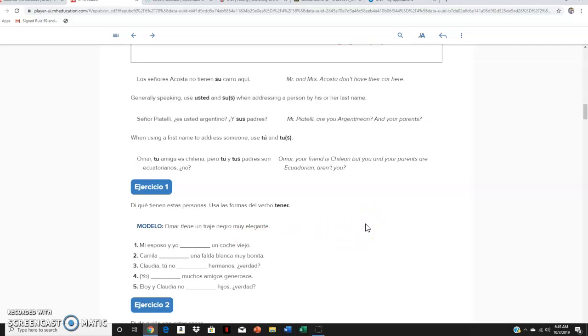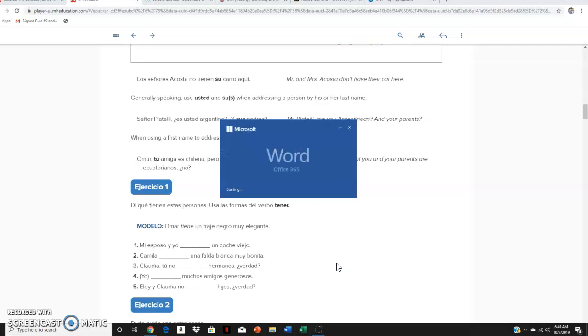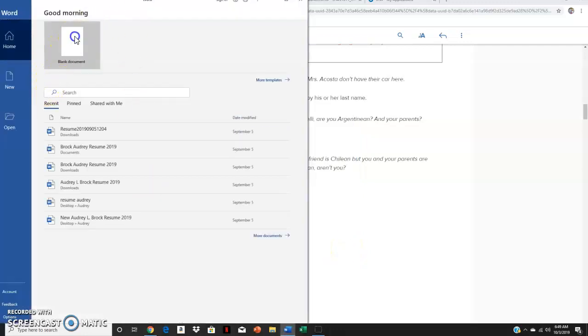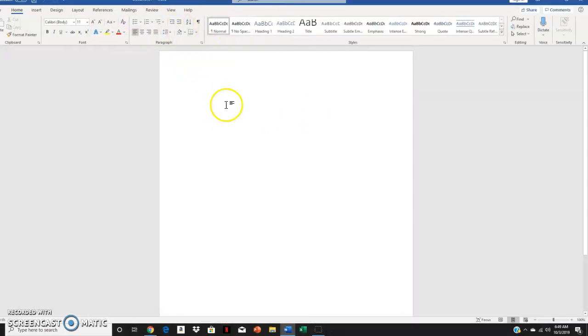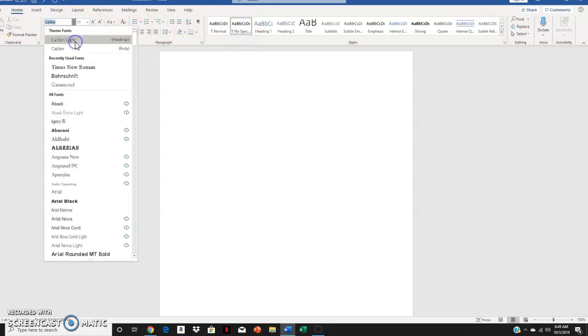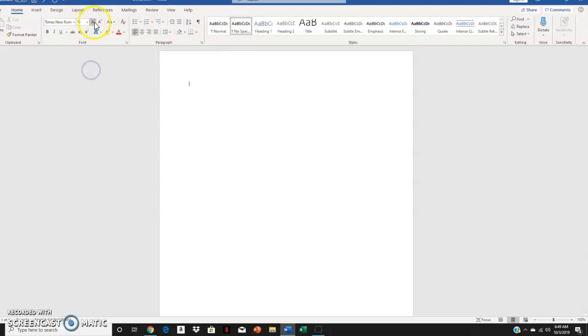So I want you to complete those on a Word document. Okay, so you'll open up a Word document. I'm opening mine right now. Okay, I want a blank document. So how I want you to structure this is the following. We'll go here to no spacing, Times New Roman, size 12. The first thing you'll put is your name. Okay, you'll put the class, so